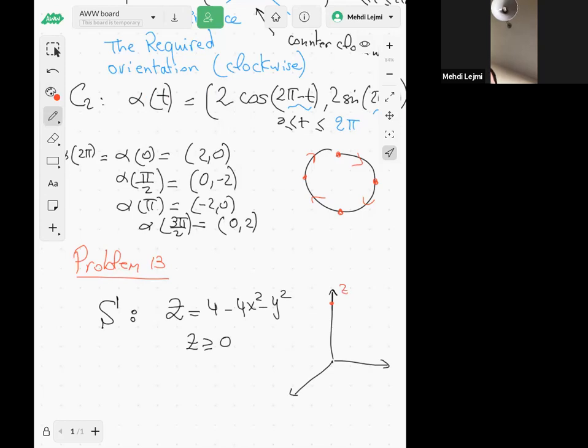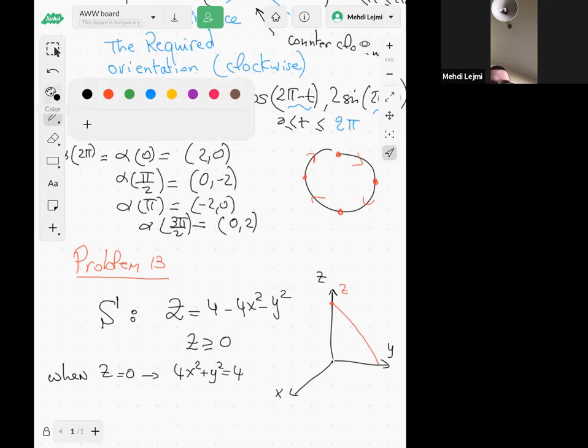And so we're going to have this. When z is 0, it's not exactly a circle. When z is 0, you have an ellipse: 4x squared plus y squared equals 4. So that's not a circle, it's an ellipse, right? So here in the bottom,